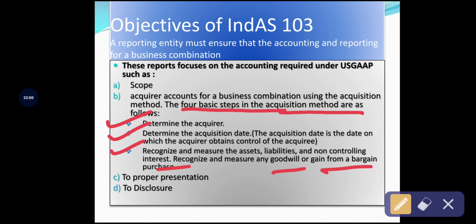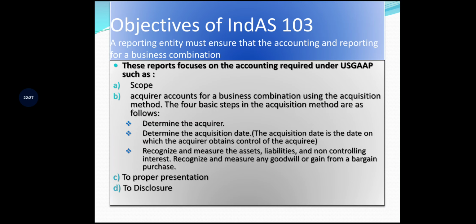The business organization must recognize and measure the assets and liabilities and non-controlling interest, and recognize and measure any goodwill or any gains from the bargain purchase. In this third point you want to know about non-controlling interest, right? Okay, see,